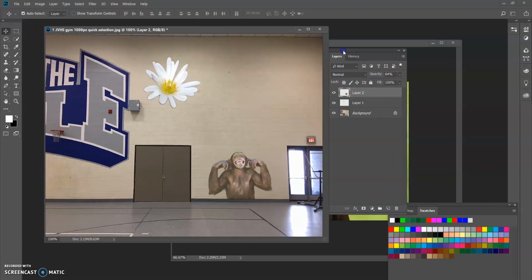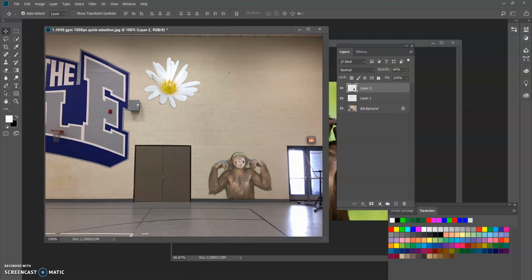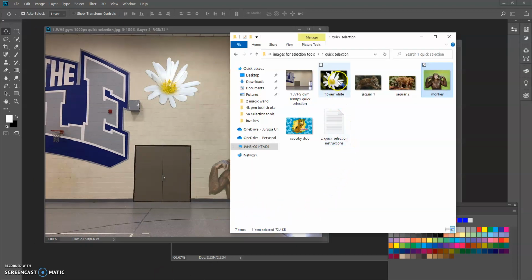All right, so there's an intro to your quick selection tool. Again, you're going to take all these images, the flower, the two jaguars, monkey, and Scooby-Doo, and move them all over to the gym wall